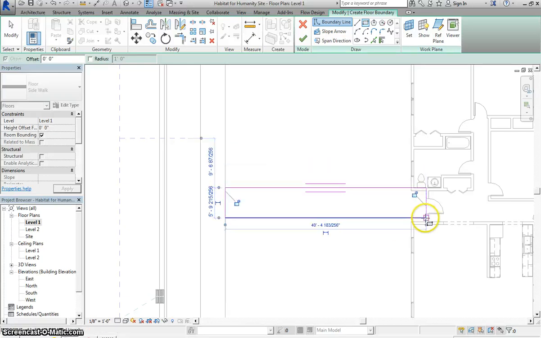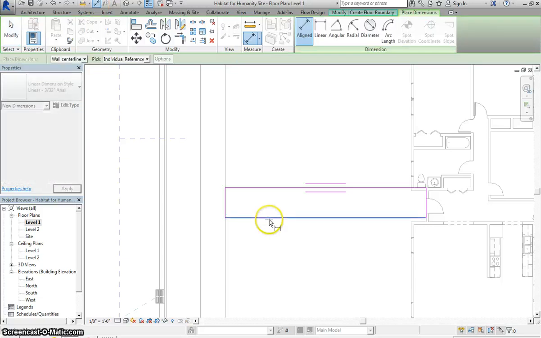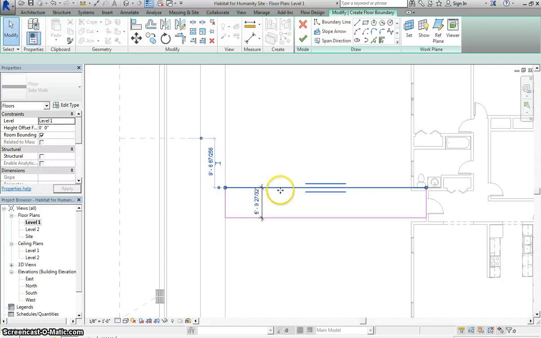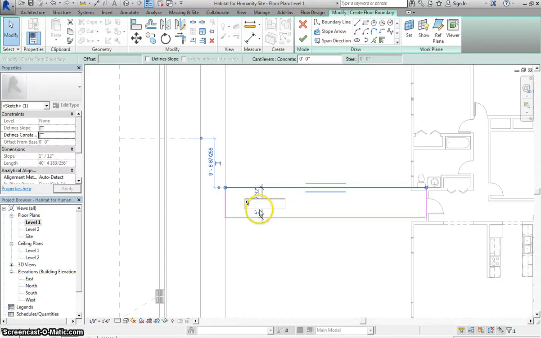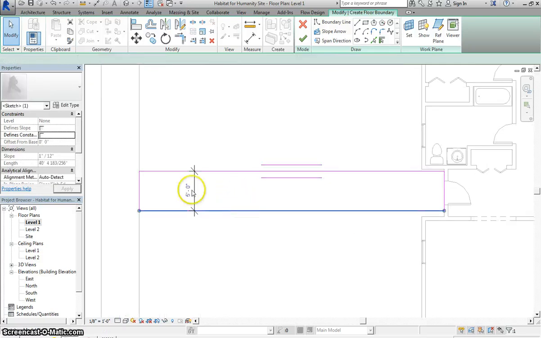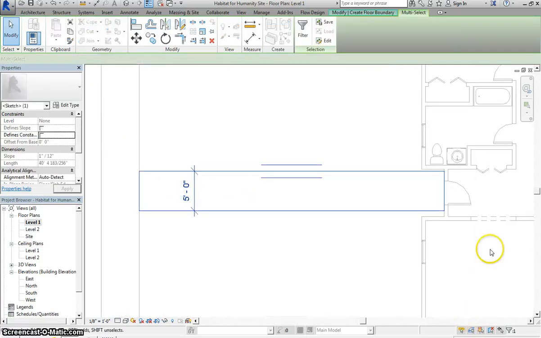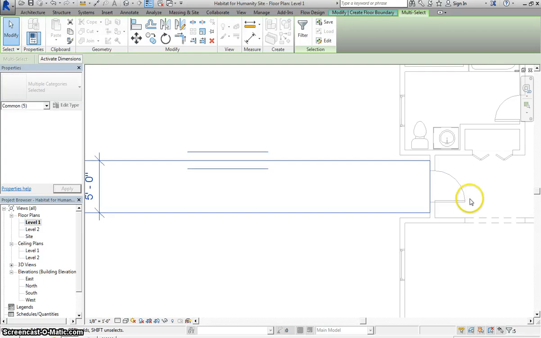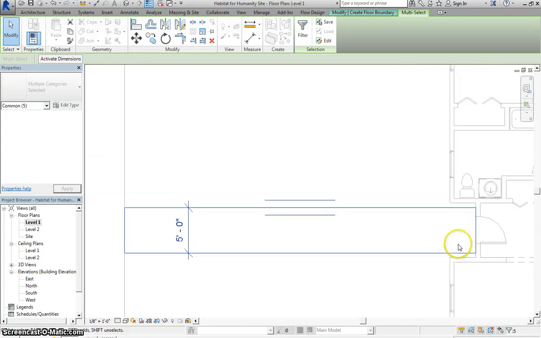So here would be a sidewalk going to my front door, and remember you can always dimension this if you wanted this to be maybe 5 feet. Alright, and if we wanted, we could take the whole thing and bump it to where we'd like it to go,